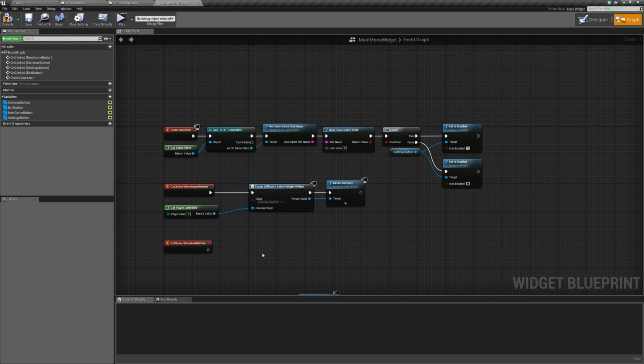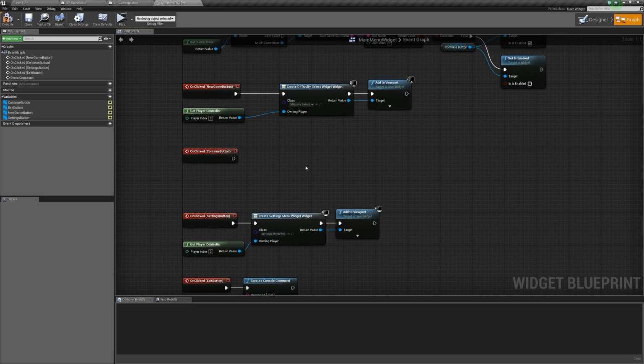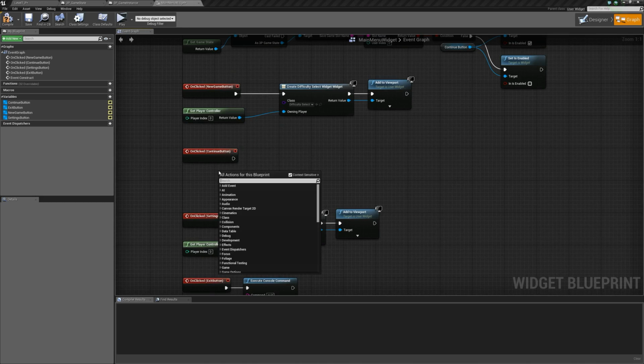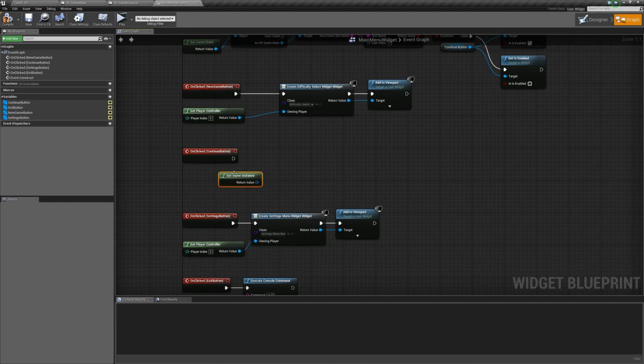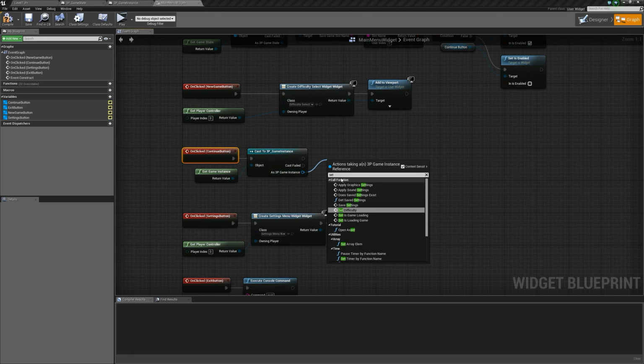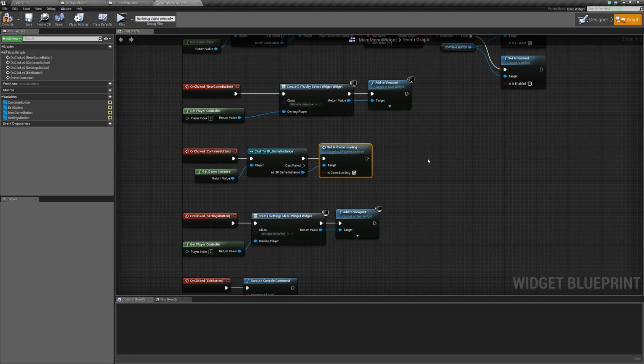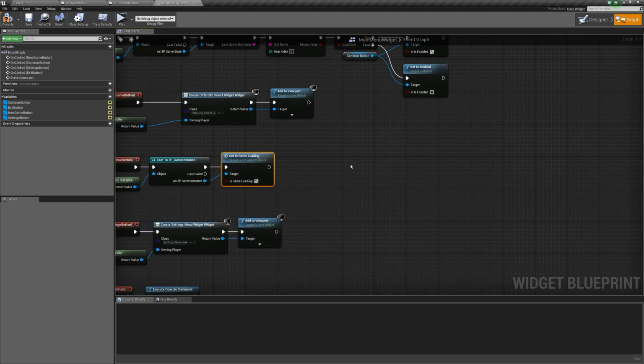Now, when we click the continue button, when it's enabled, we want to get our game instance. And for our game instance here, we're going to cast it to our 3P game instance. And we want to set is loading. So I'll select the function set is game loading, and we want to set it to true because we want to load the game. We then want to